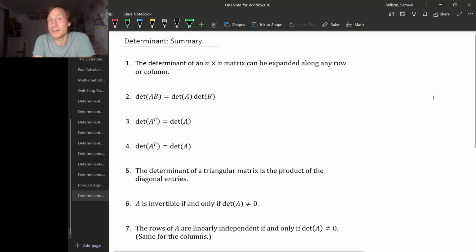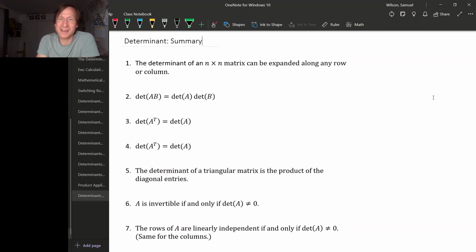We've had to do a lot of work to get to where we're at with determinants right now. And there are so many properties of determinants that I think it's useful just to list all the major ones. So first of all, the determinant of any matrix can be expanded along any row or any column, right? So the determinant of a matrix,